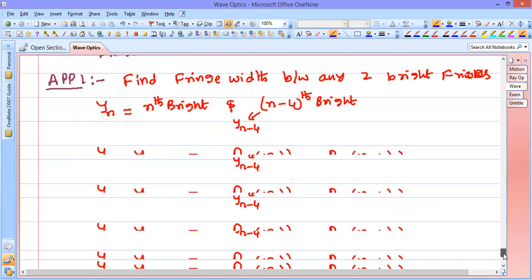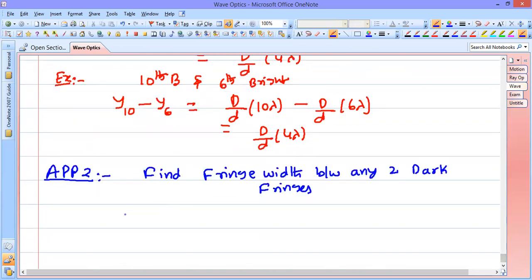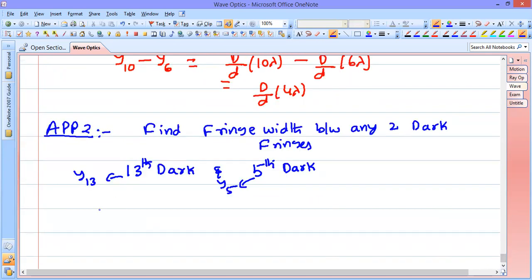So I will consider the 13th dark fringe and the 5th dark fringe. I will consider the 13th dark fringe as y13 and the 5th dark as y5. So I can write y13 minus y5 as